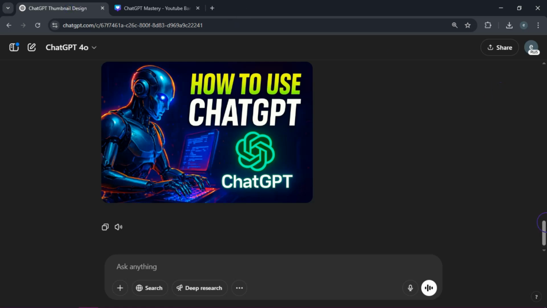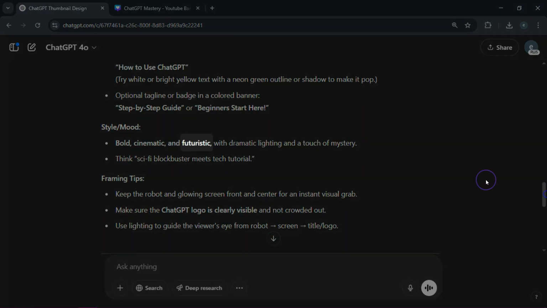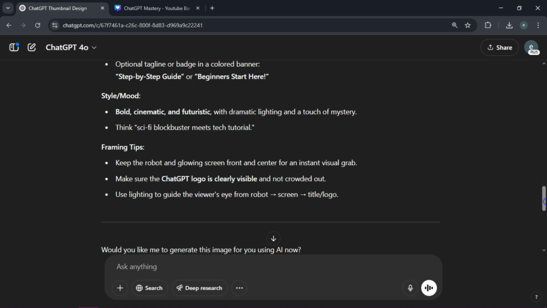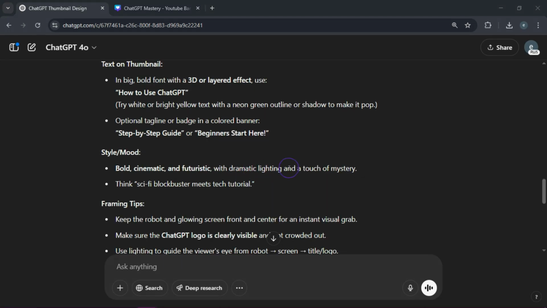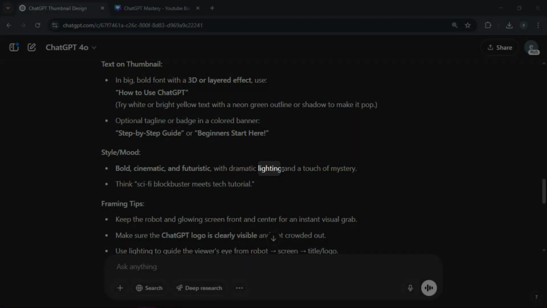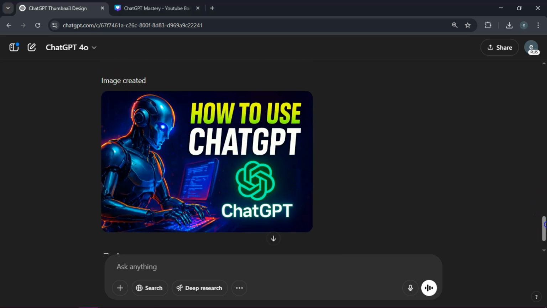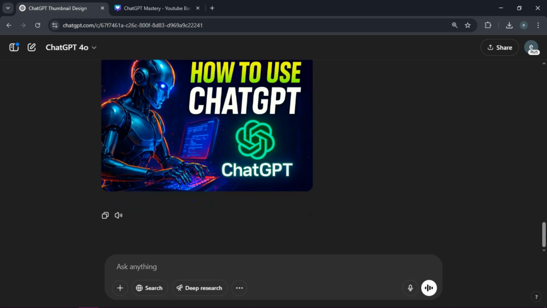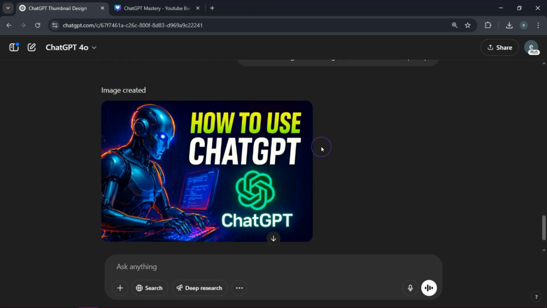And for example, you can change the style from futuristic to maybe cinematic. And you can also revise your prompt with specific adjustment. You can modify the lighting to be softer and then regenerate the image if desired and compare with your original choice. Save the best version by following the same export and download process as we did before. And I believe that's it. You now know how to turn a prompt into a viral YouTube thumbnail using ChatGPT with DALL-E and, if needed,